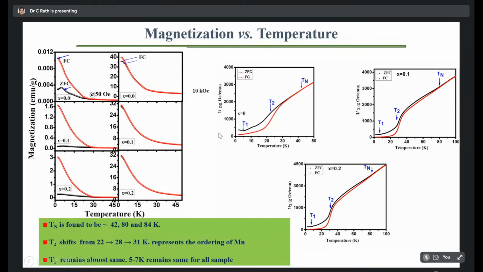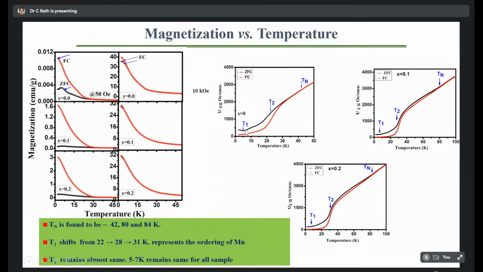One cannot see anything else from this figure. That's why we go for 1 by chi, the inverse of susceptibility, and plot both ZFC and FC. One can see here the bifurcation starts from TN, and there is a slope change at 2 different temperatures. One we have written as T2, another as T1. So there is a slope change at T2 and T1, and this T1 is the lowest, the kink at minimum magnetization